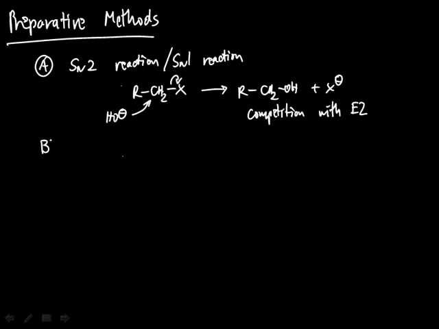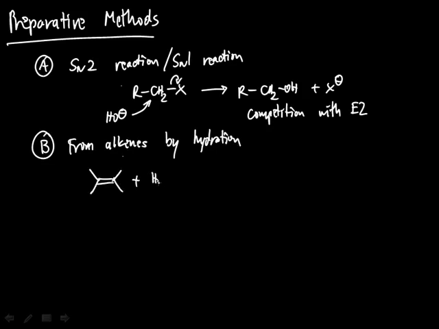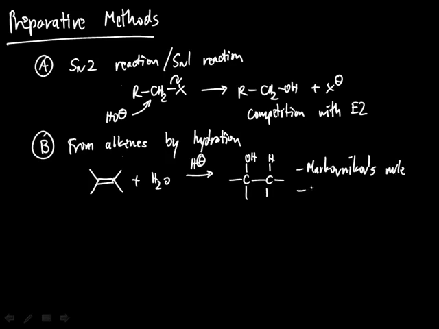One of the methods that are more desirable is preparation of alcohols from alkenes by hydration. This reaction takes an alkene, exposes it to water, and under acidic conditions and often elevated temperatures, we get an alcohol. This reaction will follow Markovnikov's rule, that will get the more substituted alcohol, and since it proceeds through a cation, it is also subject to rearrangement,